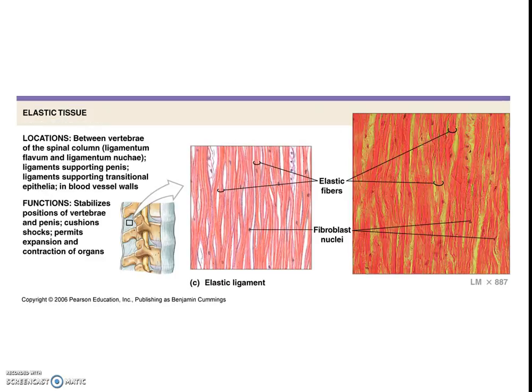Here we see elastic tissue again. In this case, this is a dense, regular connective tissue. And again, the fibers are densely packed. They're regular because they're all running in one direction. In this case, again, we see our fibroblasts, our living cells that produce these fibers. Here we have our elastic fibers, which are proteins. And the elastic fibers tend to have a little more flexibility to them, but they are all running in one